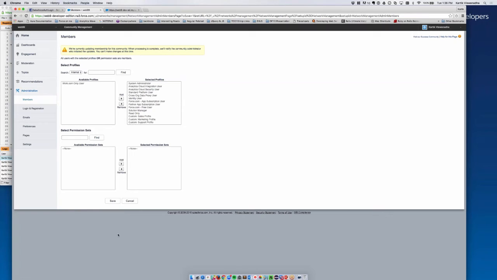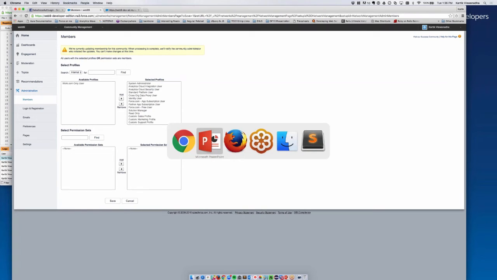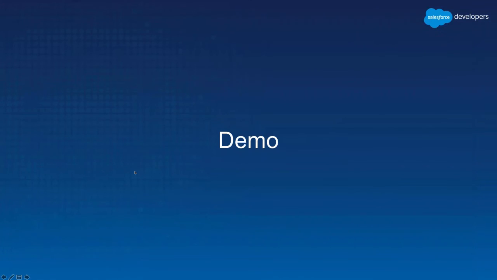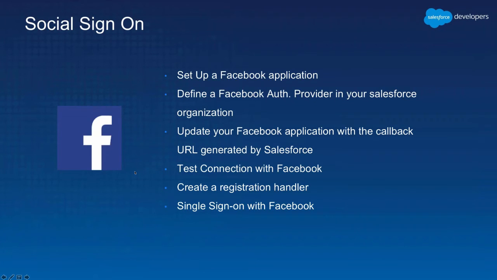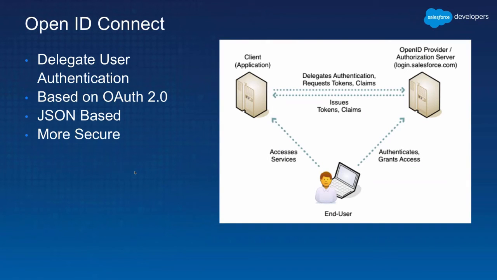So let me go back to my presentation. We did the Facebook application, that is, we defined the auth provider in the Salesforce org. We updated the Facebook application with the callback URL generated by Salesforce. We did a test connection. We created a registration handler, and we did a single sign-on. So that's Facebook. The next demo that I wanted to show you is a little on